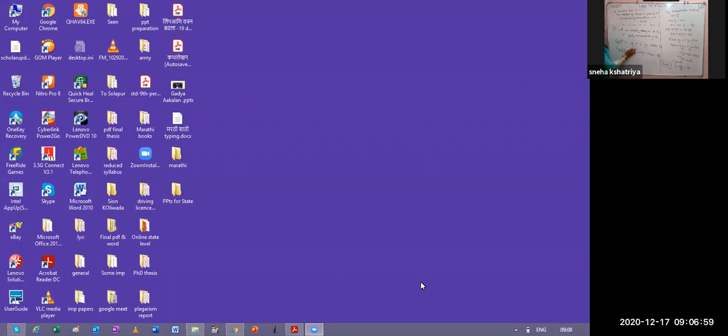His fixed income is x and his increment is y. And after 4 years, you have to multiply by 4, and after 10 years, you have to multiply by 10. You get this much salary and this much salary. Okay. So this becomes very easy. Now we can use any one method to solve this example. If you want to solve this by elimination method, you can solve it by elimination method also. And if you want to solve it by substitution method, you can use substitution method also. Whichever is easy, that you have to consider.